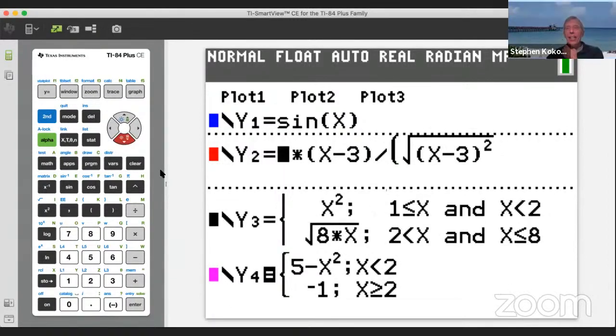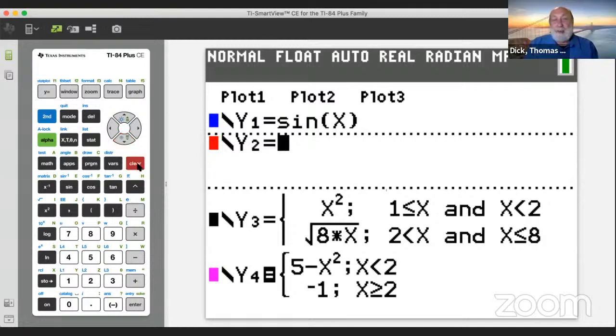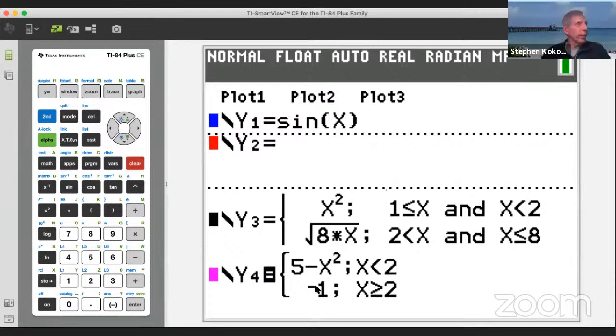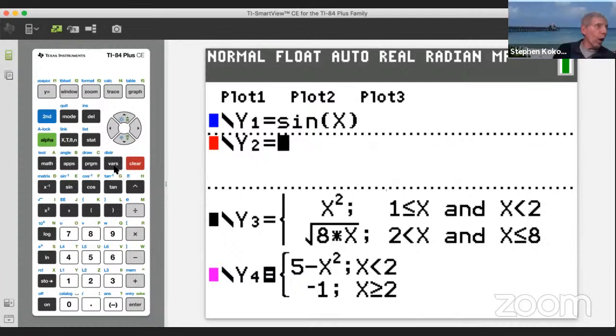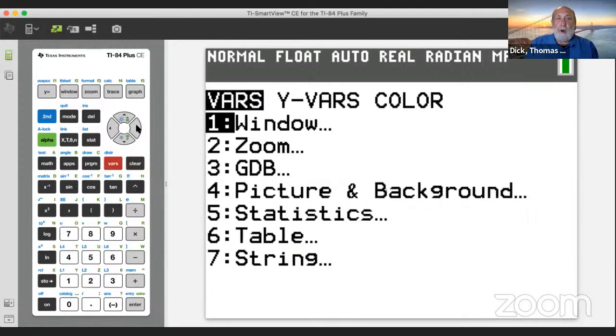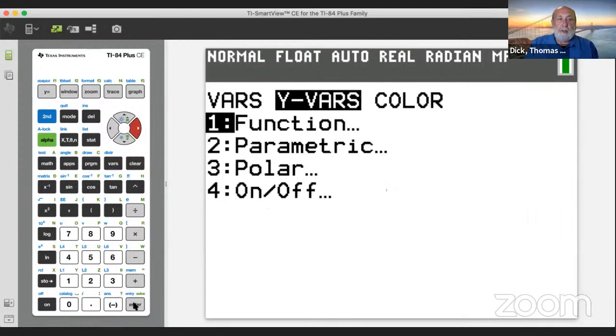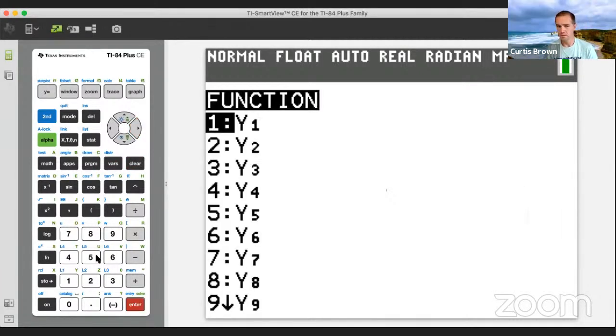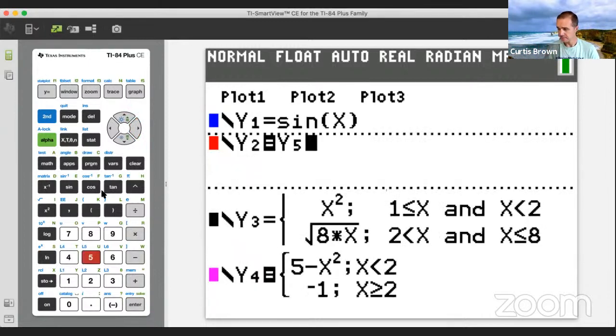Yes, I dare you to do that. All right, I'll go ahead using it in Y2 here. So the Y4 was the F and the Y5 was the G. And your order was G of F, right? So it's Y5 of Y4. Okay. So let me go to my Y variables function. And we'll do Y5 of